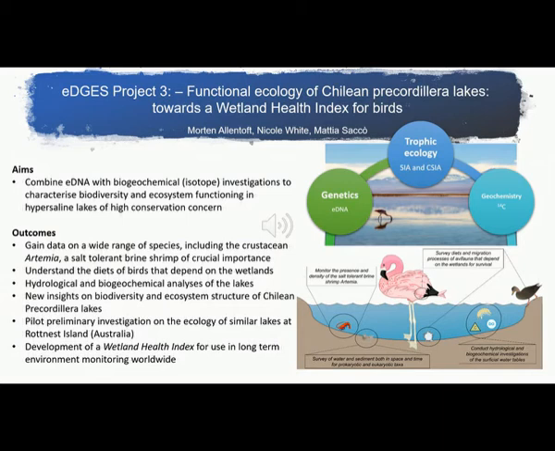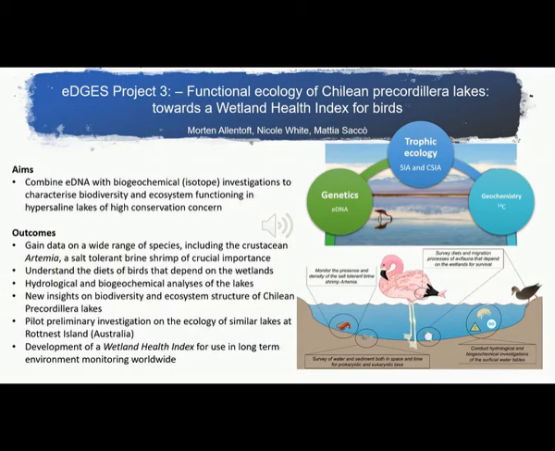Specifically, with this study, we aim to survey water and sediment both in space and time for prokaryotic and eukaryotic taxa, conduct hydrological and biogeochemical investigation of the surficial water table, monitor the presence and density of the brine shrimp Artemia, and last but not least, we also aim to survey diets and migration processes of avifauna that depend on